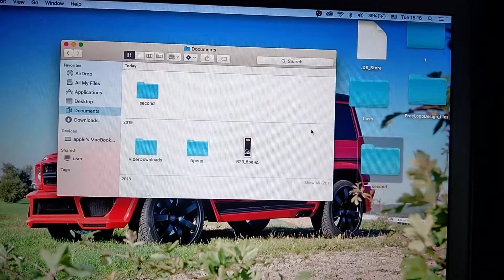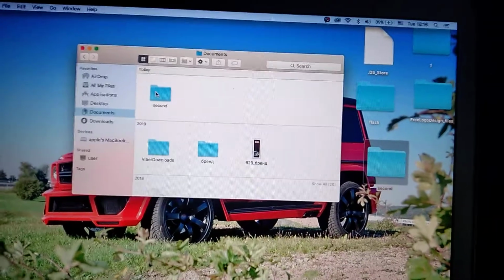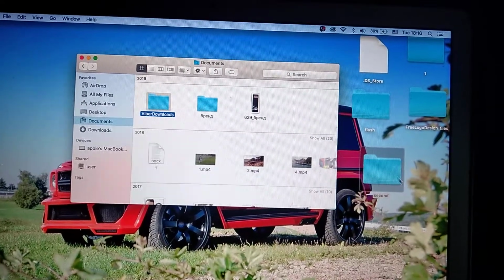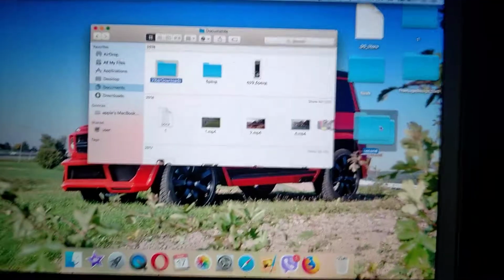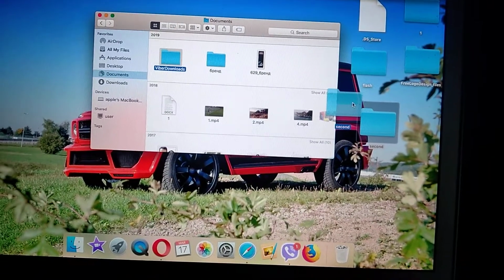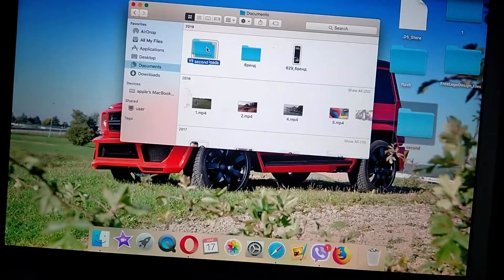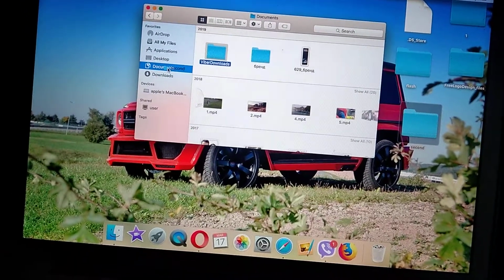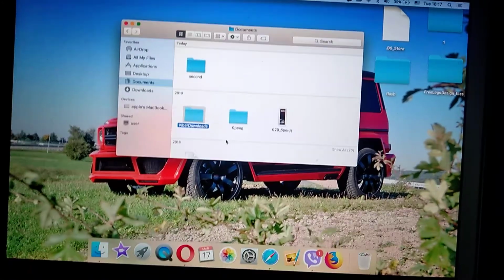So the second way is, I will delete from here, move to trash, just delete it. And just get this folder and press your touch, and don't take your finger from the touch, and just move the folder to documents, and just get up your finger,